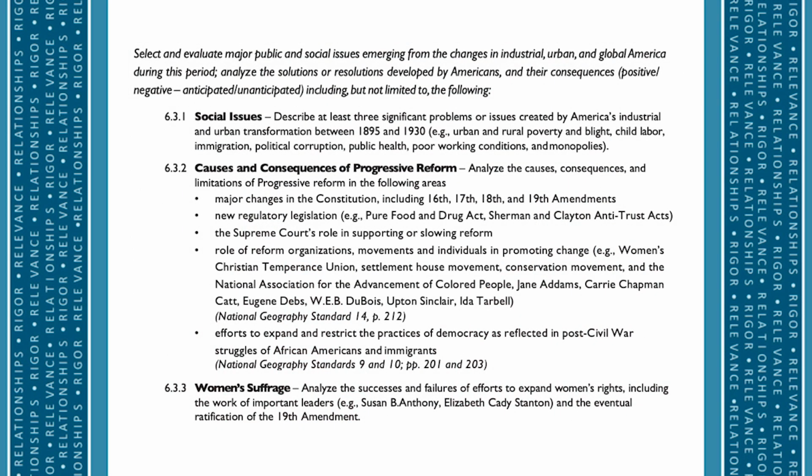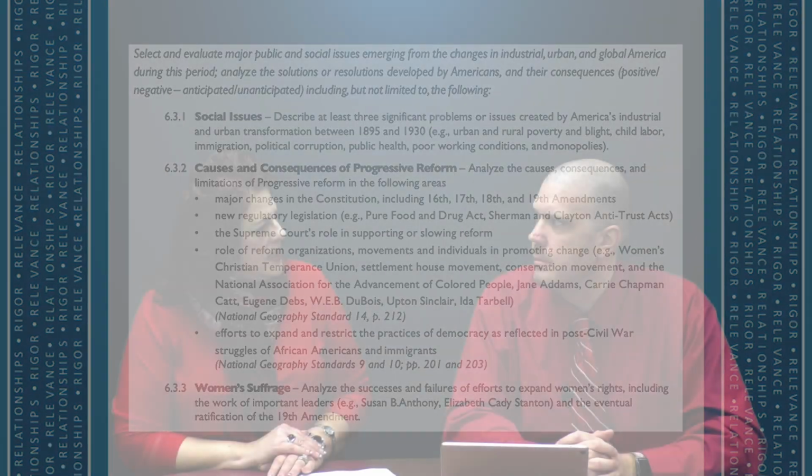So for example, in the 2007 standards, the first content expectation around the progressive era asks for students to be able to list 3 significant problems or issues of the progressive era. And again, that's really a list without any opportunity for teachers to work with cause and effect. Okay, so we can list 3 problems or issues during that time period, then what?